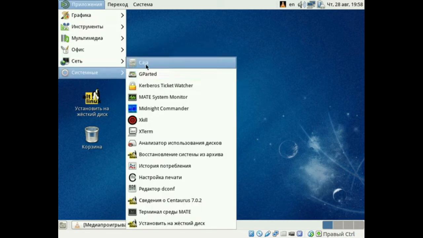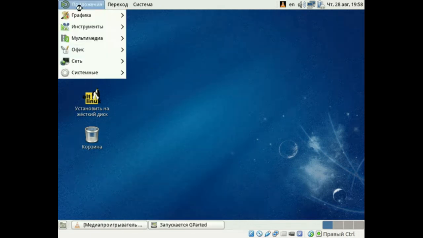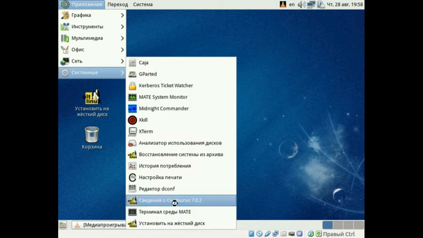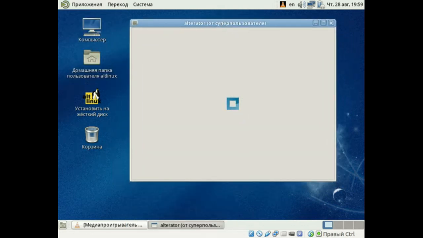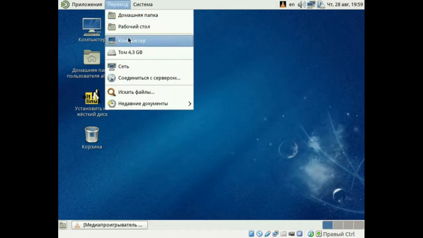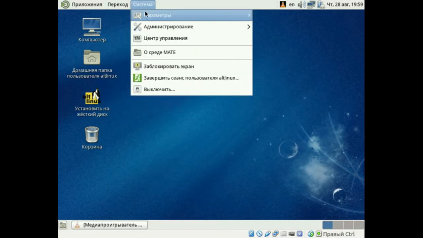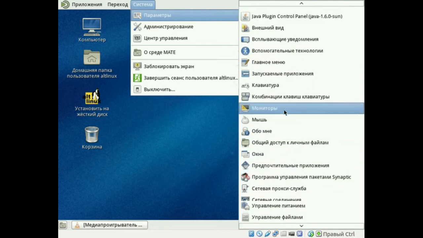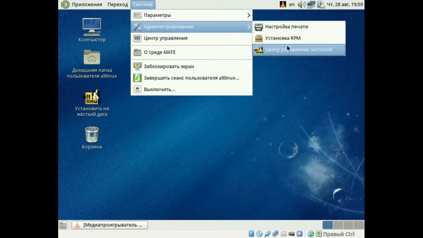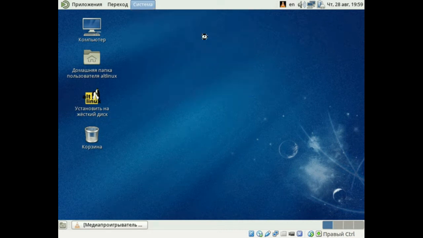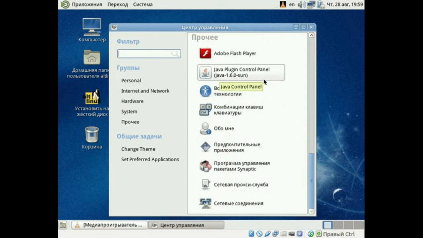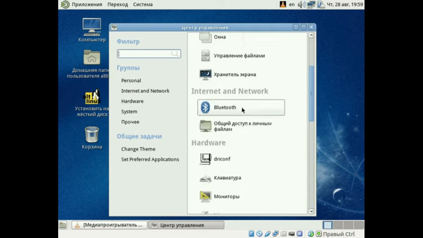Here we have a Hyperd, my favorite program for partitioning the disk. So, well, information about the distribution, terminal, installation of the installer on the hard disk. That is, you can look and install immediately. Here we have a transition, a quick transition to hard drives, a network. So, here are the parameters, the settings we have, the monitor setup, basically everything is like in number 2. Not much has changed. We have an RPM installation, a system control center, a Namovsky control center, probably an old classic, absolutely right. I think I'll still come back and show you the distribution on CD, as most of all, of course,